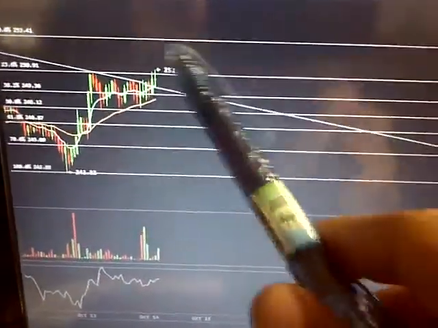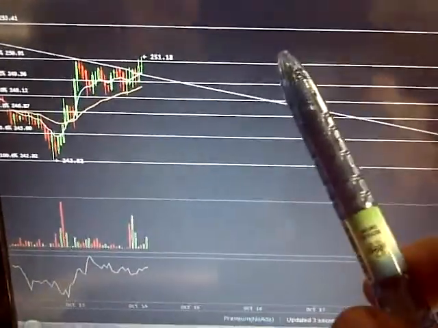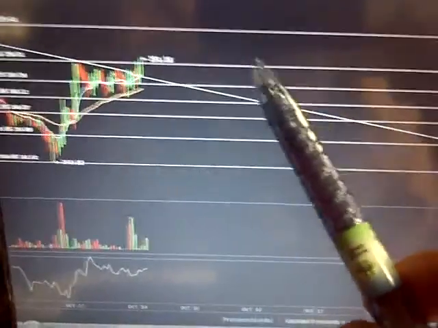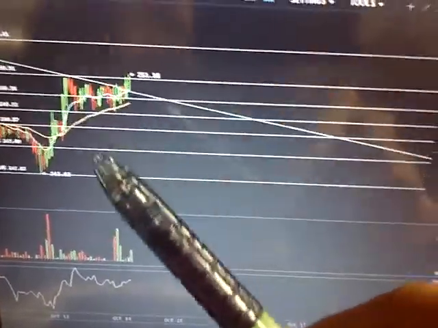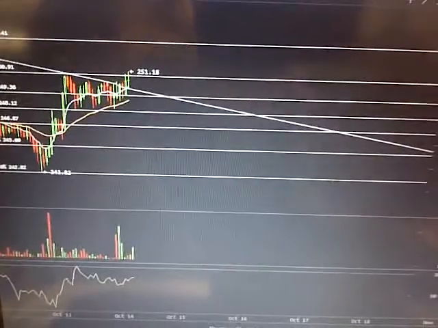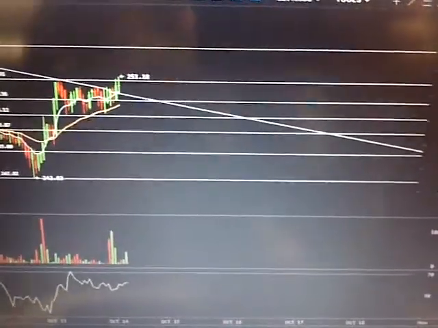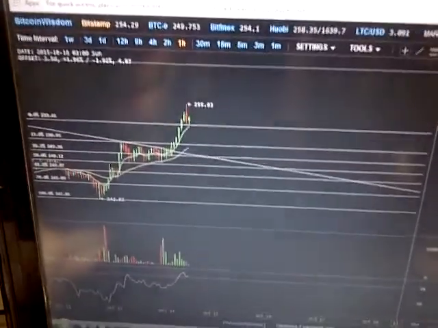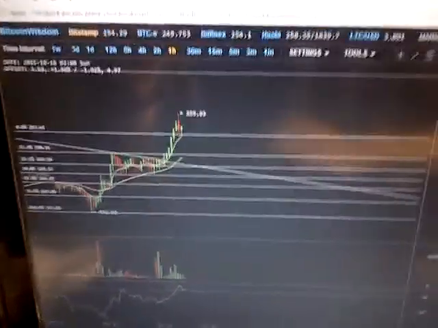But again, I'll leave the Fibonacci lines here in place, and we'll see if it makes any sense. Okay, bye now. Hello everyone, I'm cutting back in here, and as you can see from the chart,